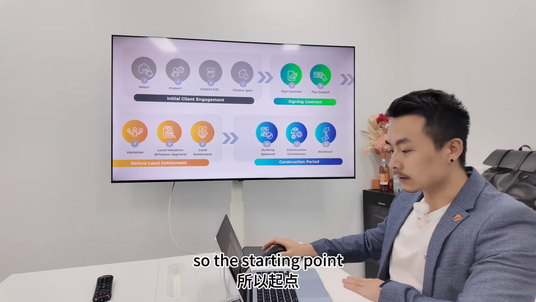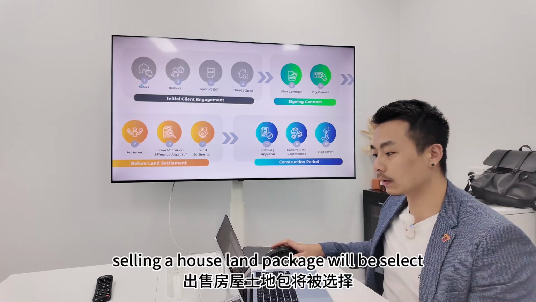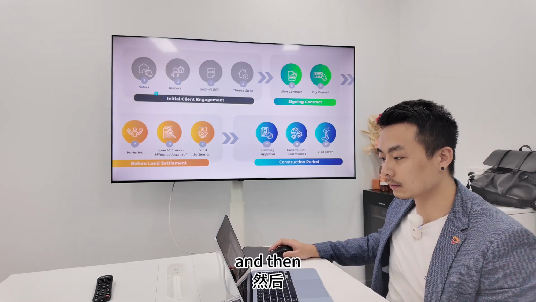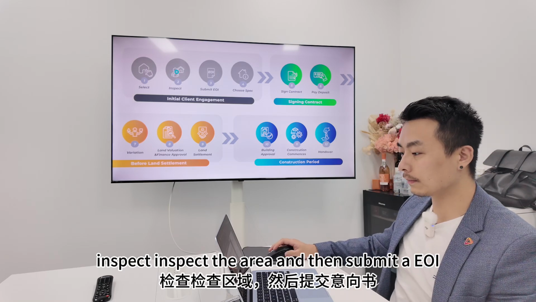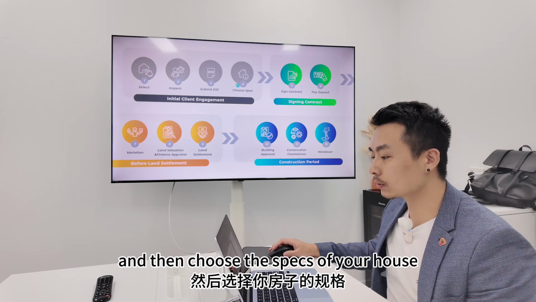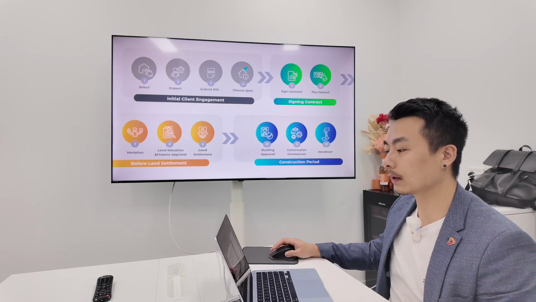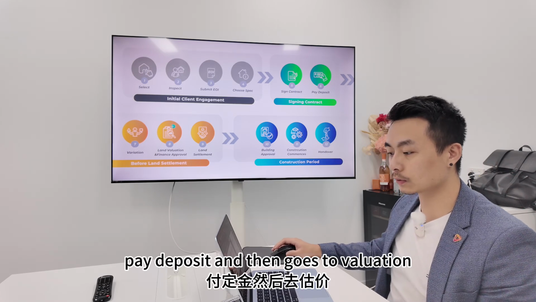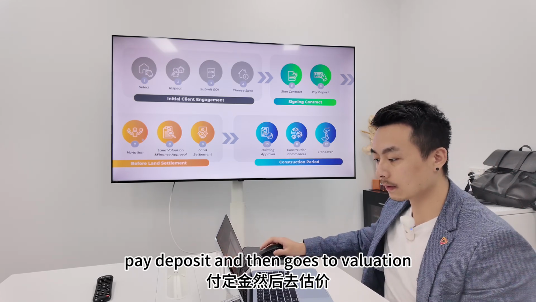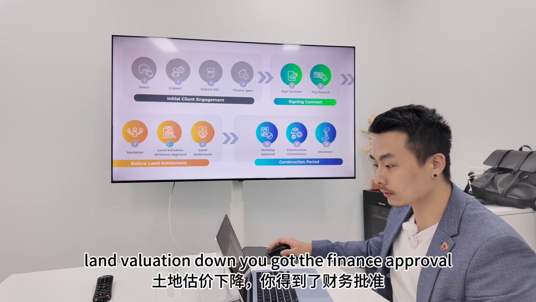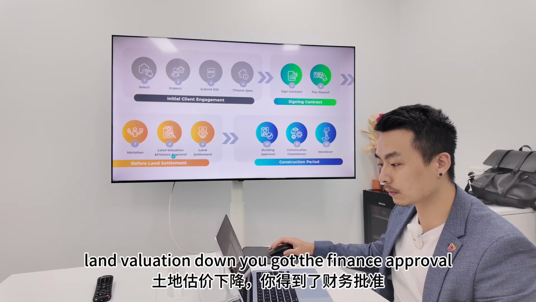The starting point of selling a house and land package will be select, and then inspect the area, and then submit an EOI, and then choose the specs of your house, and then signing contract, pay deposit, and then it goes to valuation done by the bank, by the lender,